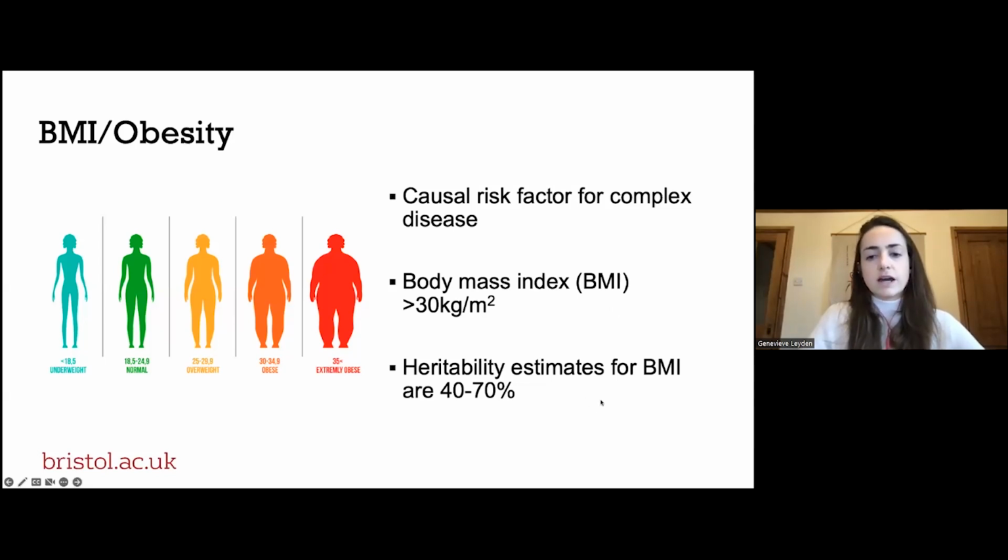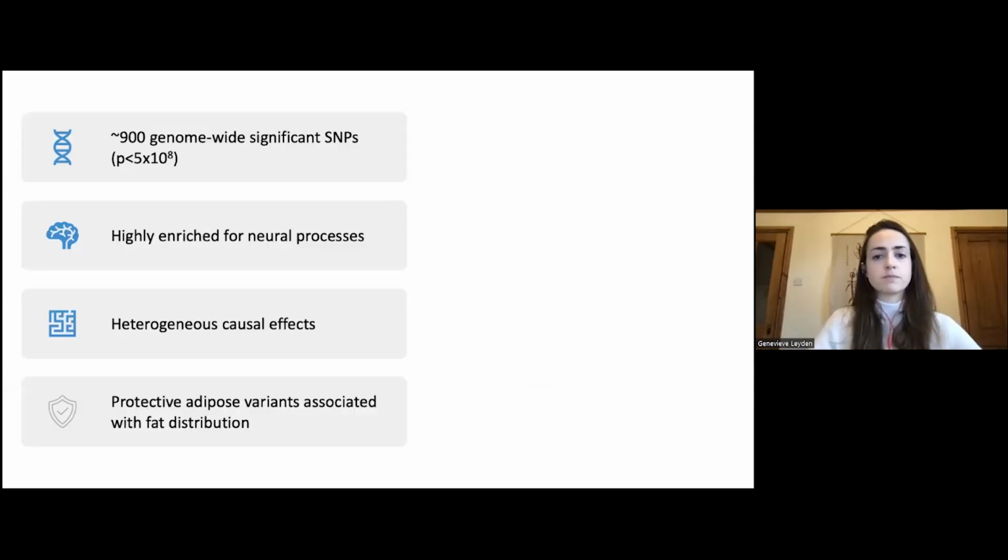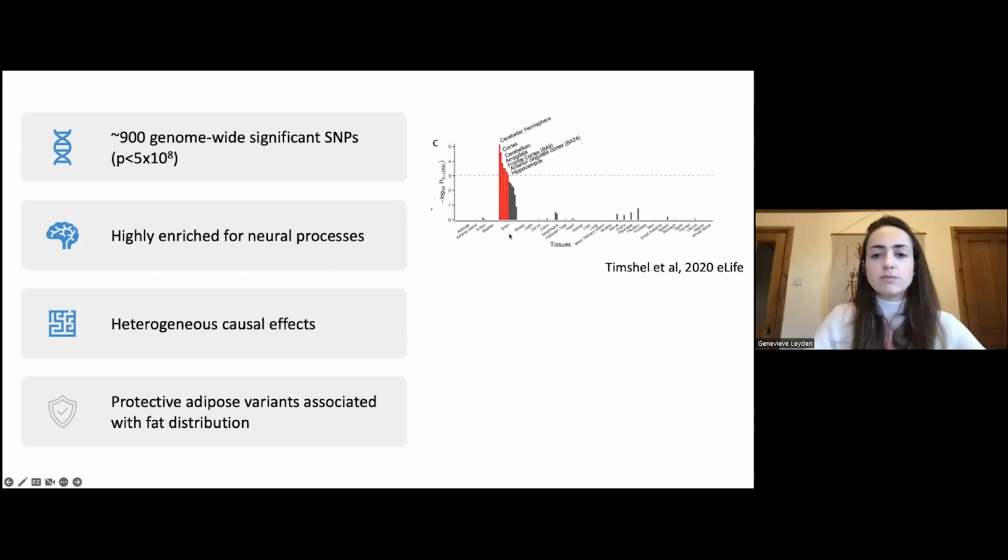And it's also a very highly heritable trait. So variation in BMI has a really large genetic component. Large-scale genome-wide studies have been important in identifying regions of the genome which are reliably associated with BMI. And to date, there are approximately 900 BMI variants. A number of studies have shown that the majority of genome-wide significant BMI variants are enriched in the central nervous system. So this highlights the important relationship between neural regulation of appetite, energy balance, and those homeostatic pathways. And it establishes an important role for the central nervous system in overall body composition.